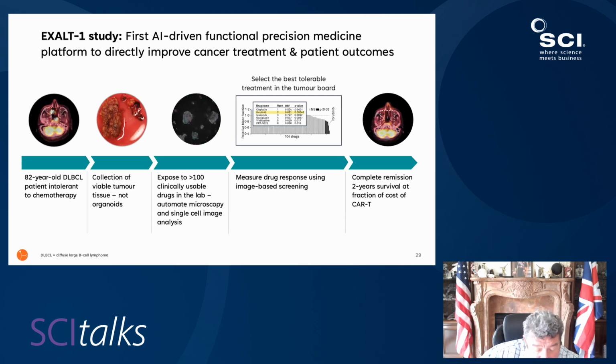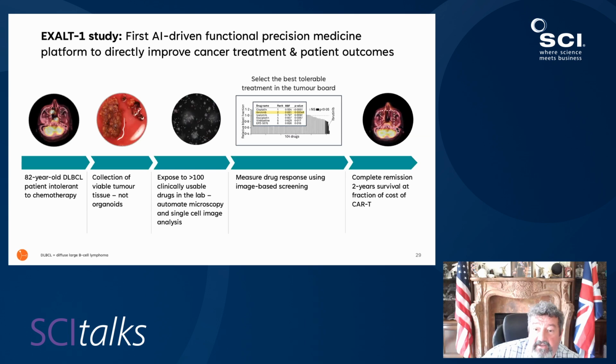A primary patient tumor was obtained as part of a biopsy, and then 100 clinically usable drugs were applied to that sample, and then automated microscopy and single-cell image analysis happened, measuring the individual drug response on the back of each of those drugs in the context of the patient's real tumor. And this led to, for this patient, complete remission and 2-year survival,